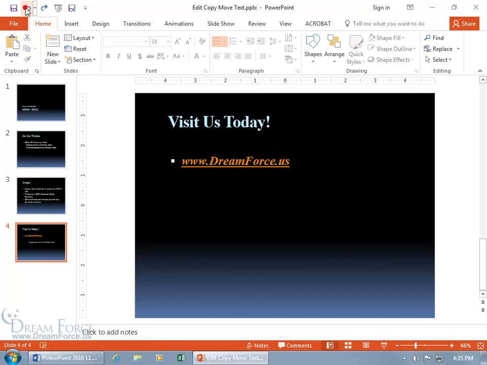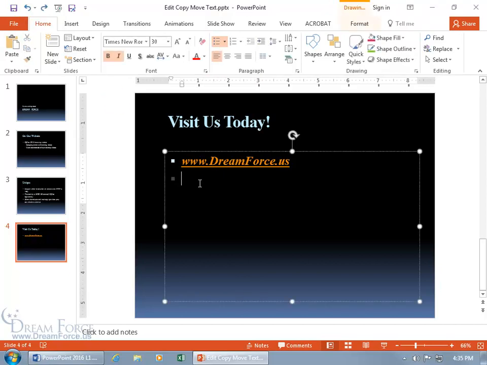So let's go ahead and hit undo. Come down below here and let's paste it again. It's still there. I haven't copied anything else, so I can still go ahead and use the paste feature. So I can come up here and click on the paste button, or click on the drop down arrow. You get the same 4 options. Or